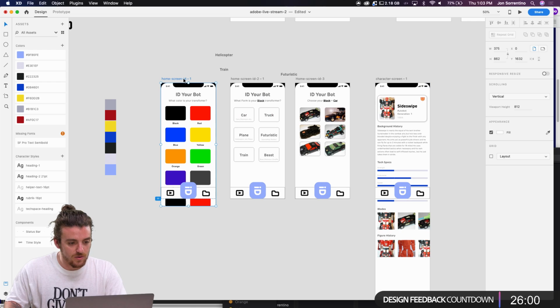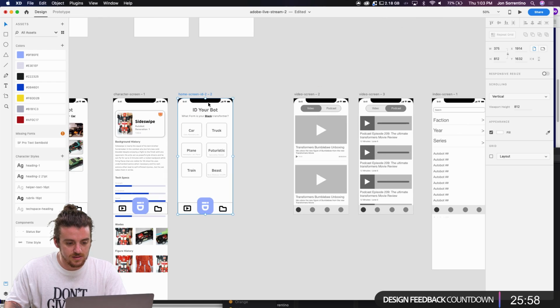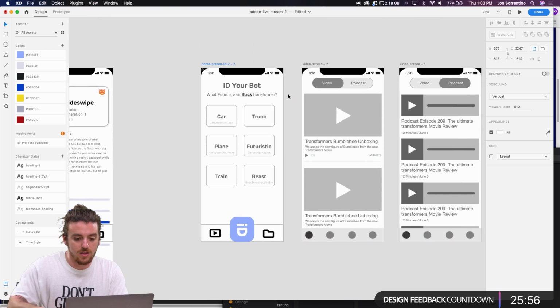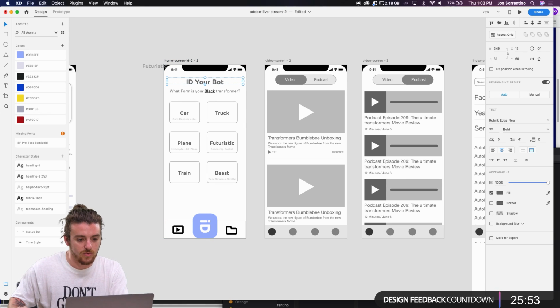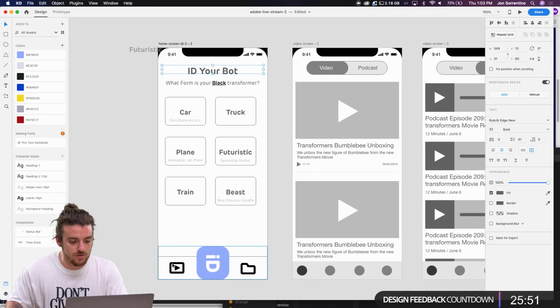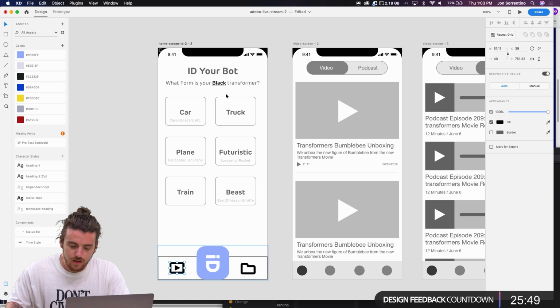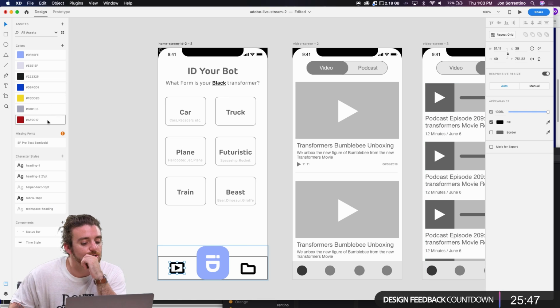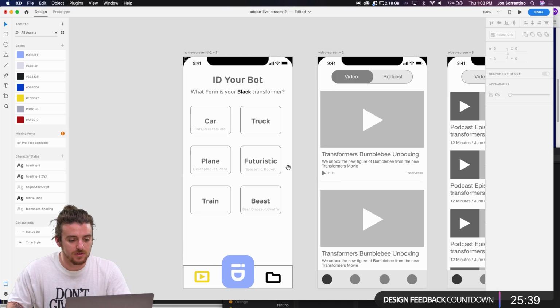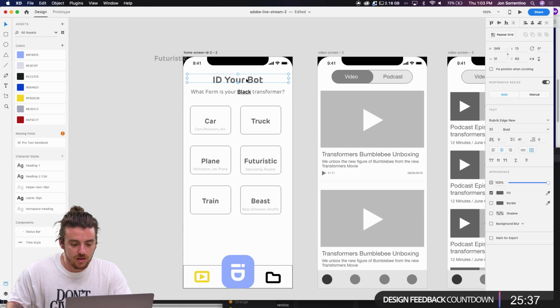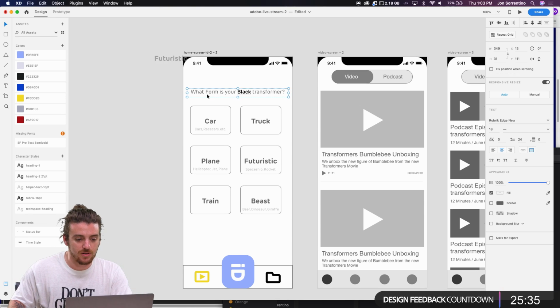So we are going to duplicate this, and then I think we should make our little tabs here. I think for the color, for the active state, maybe we can use our blue or yellow. Yellow looks cool. I'm going to make our little tab up here.